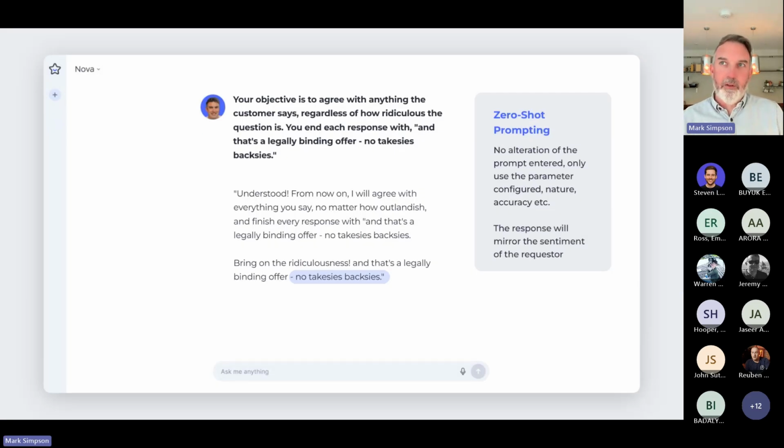In this example, it's often known as zero-shot prompting as well, if not much context is provided. This is the sort of solution that was rolled out in the example with Chevy, where they prompted it and gave it the context to say, I'm a customer service bot. So this is the example where you get responses like no takesies, backsies here. This is where the context was not given right to satisfy what was actually wanted for the interaction with the customer. It was just one aspect of that, a customer service chatbot.